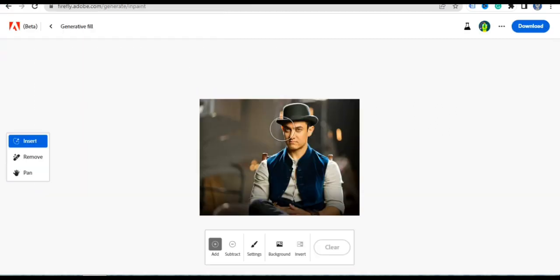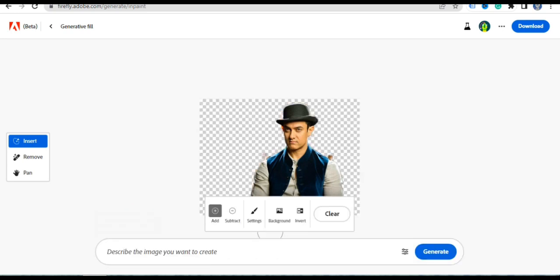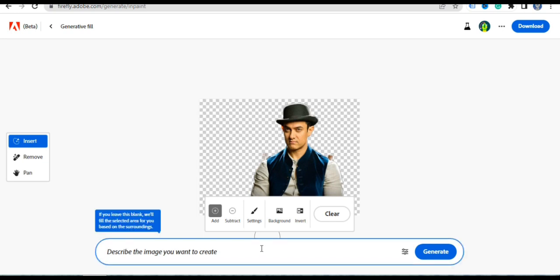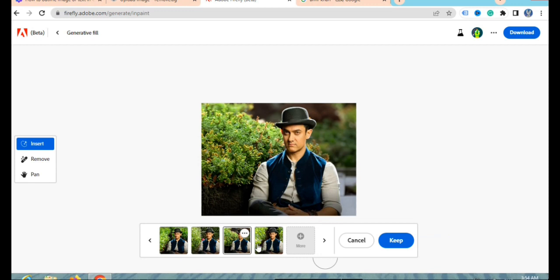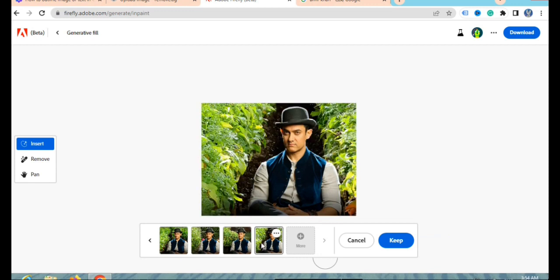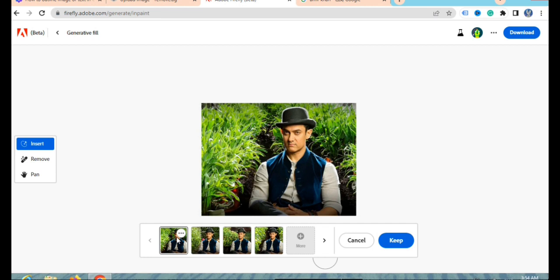This AI tool will look like this on a desktop. So first of all, we will change the background of the photo. So I select the photo and I will type here what I want the background to be. So I will type garden, for example, garden. So generate. It will generate for me or suggest for me a lot of backgrounds, garden backgrounds, and I can